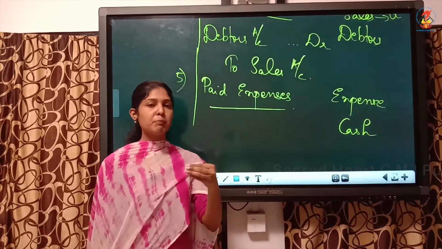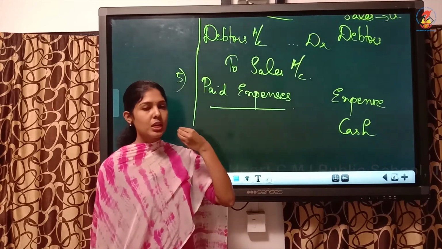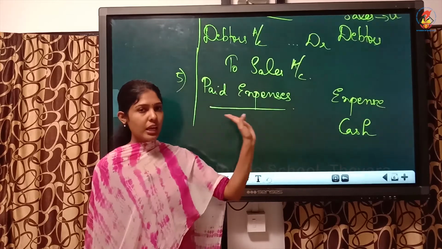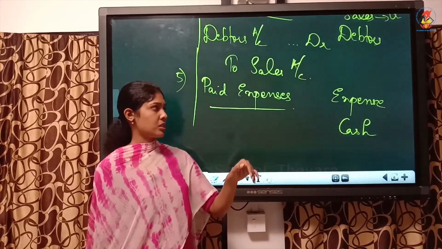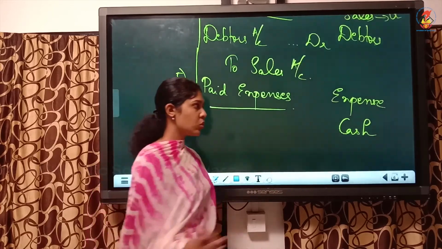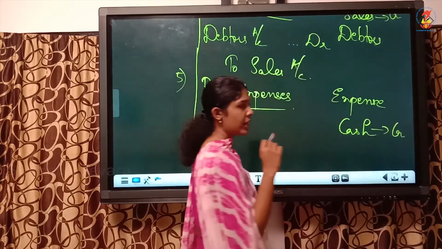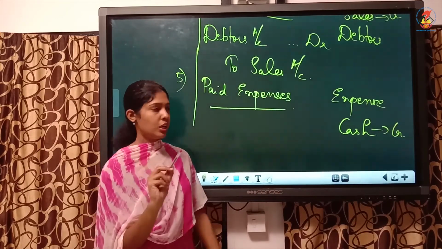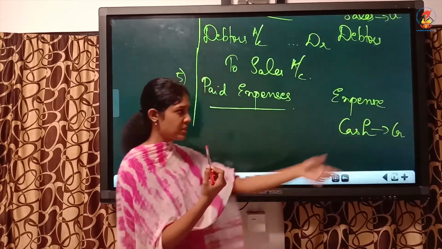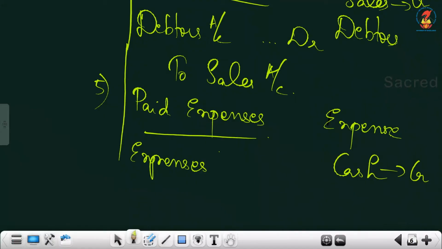Or sometimes you can pay by check also, then you must write it as bank account. If you are using check for payment, write it as bank. If nothing is mentioned, you can either write cash or bank, both are correct. So expense account and cash account. What is going out? The cash is going out. What goes out must be credited. Credit what goes out. So what will be the journal entry? Automatically the other one should be debited. So the journal entry will be expenses account